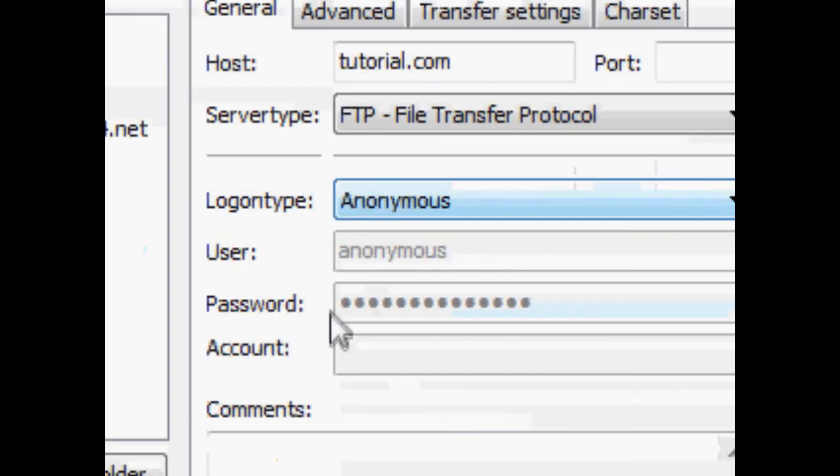Also, if you use an anonymous account, you might find that when you connect, if you do manage to connect, you won't be in the location of your own website. You'll be somewhere else, and that's because their guest account might